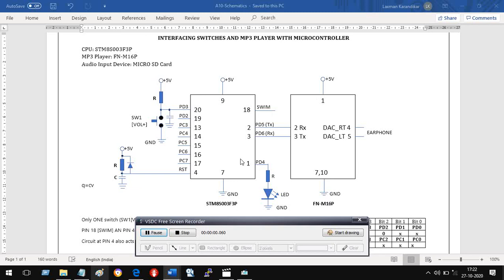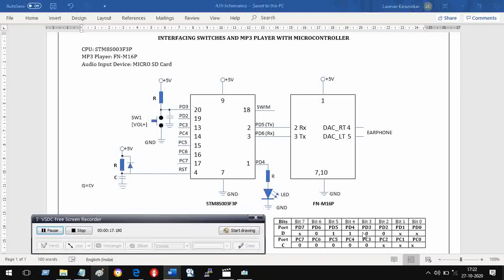In the previous lecture, we have seen how to make this LED flash. For that, we had initialized PD4. What is PD4? The bit 4 of D port, the port D. And you have seen it here. This is PD4, which is bit 4 of port D. We had set it to 1.